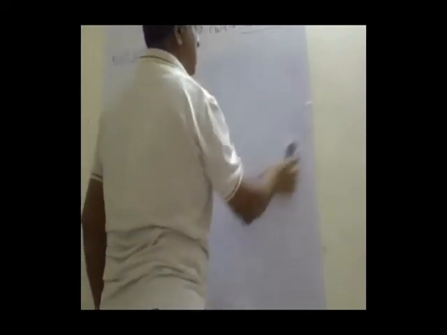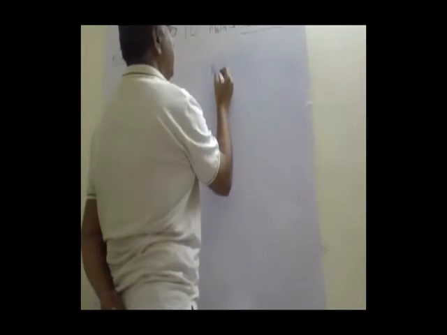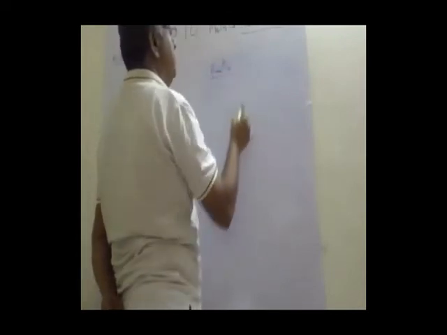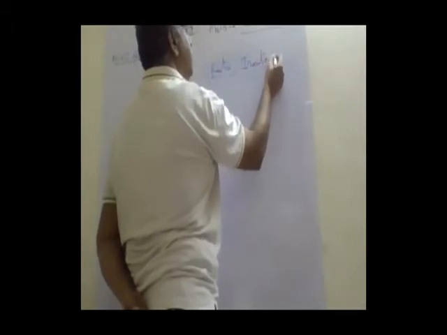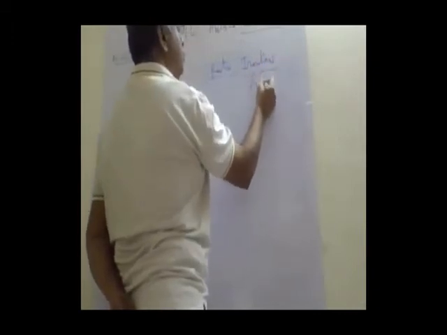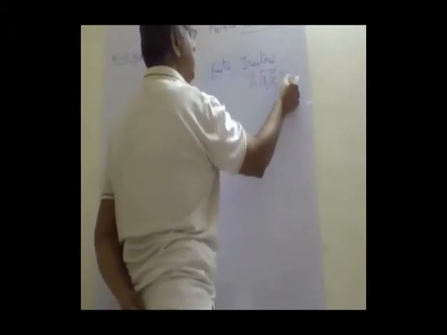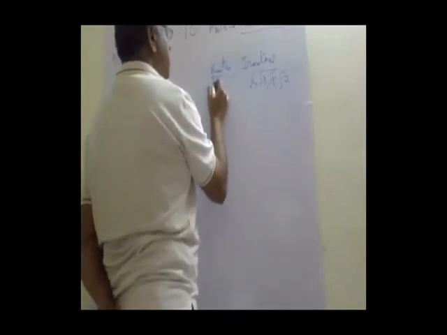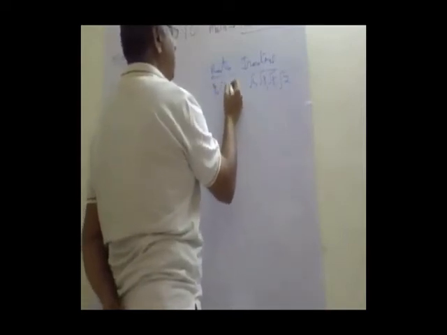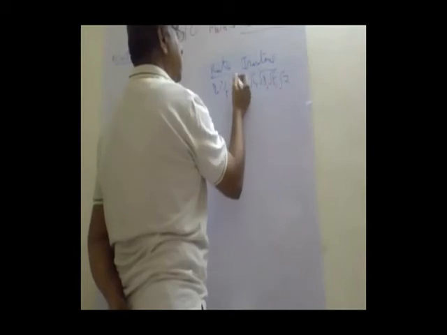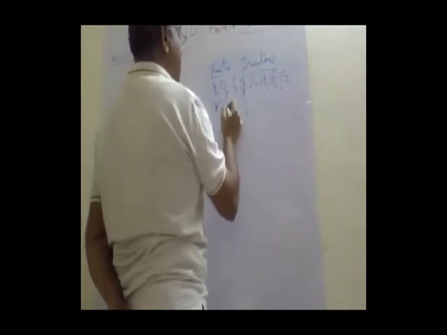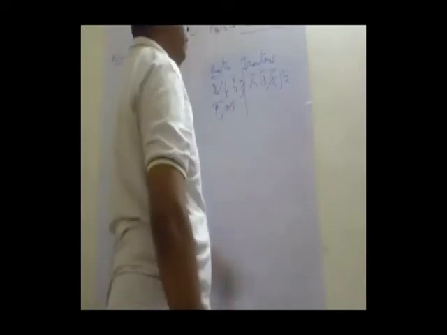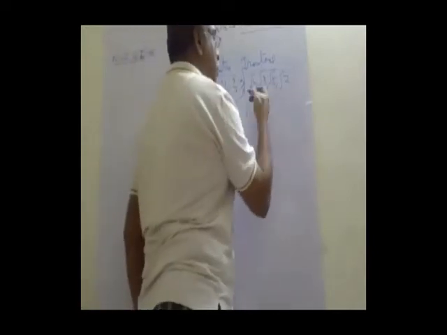We call them irrational. They cannot be in a rational form. They cannot be ratioed. They are irrational. So irrational numbers: root 2, root 3, root 5, root 7. Rational numbers: 3 by 4, 4 by 5, 3 by 10. It can be terminating, it can be non-terminating. But this is not irrational.